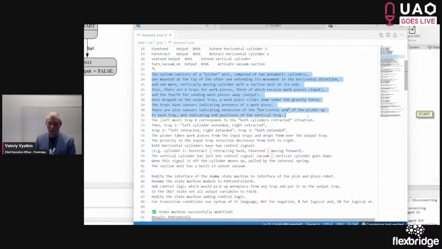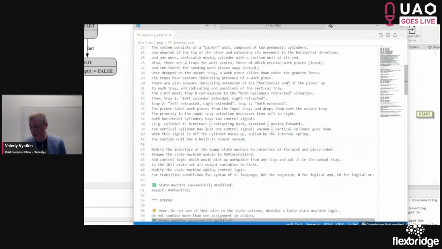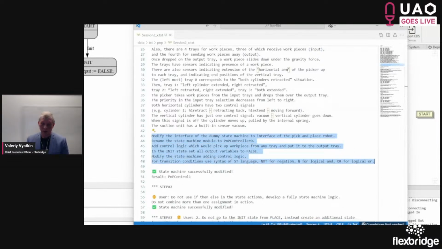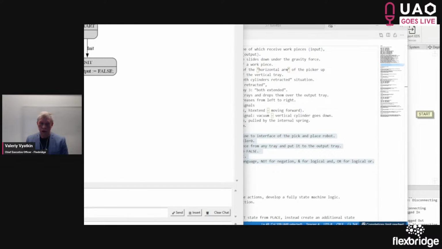And then we will give it also a description of what we expect this manipulator to be doing. So we will ask it to modify the interface and then add the control logic to that.